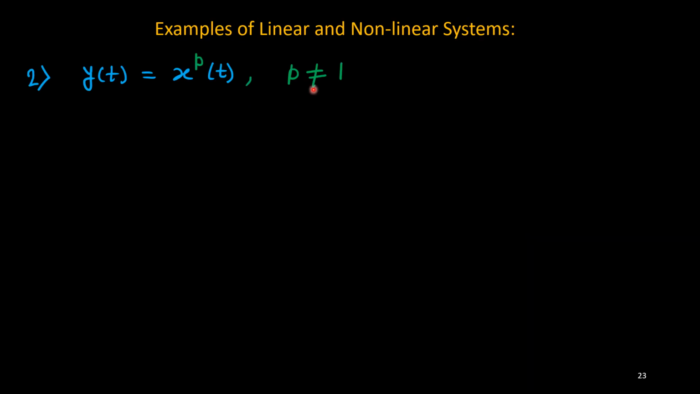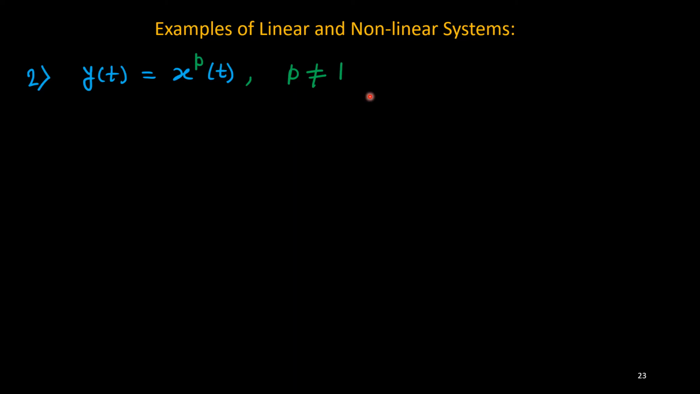Next, consider this one: y(t) equals any signal x to the power p of t. So if p is not equal to 1, other than 1, then every time you will get the factor a to the power p. And a to the power p is not the same as a, because p is not equal to 1. Then obviously the system is going to be